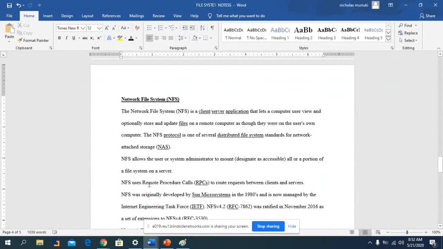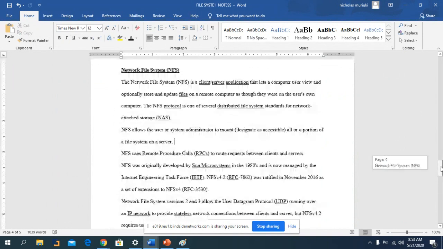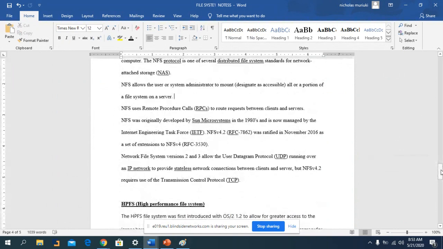So what we can say is that it is allowing remote procedure call to route requests between clients and server. So the moment you are requesting a file from a server, that is provided by NFS. And it was developed in 1980 by Sun Microsystems, and that is not relevant to that. And we have another network